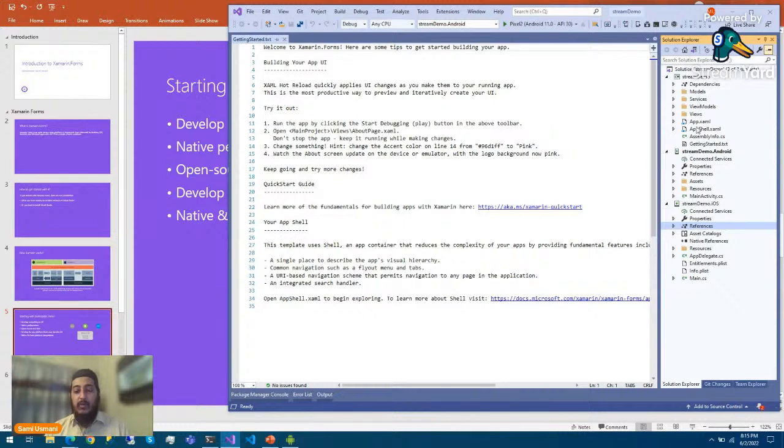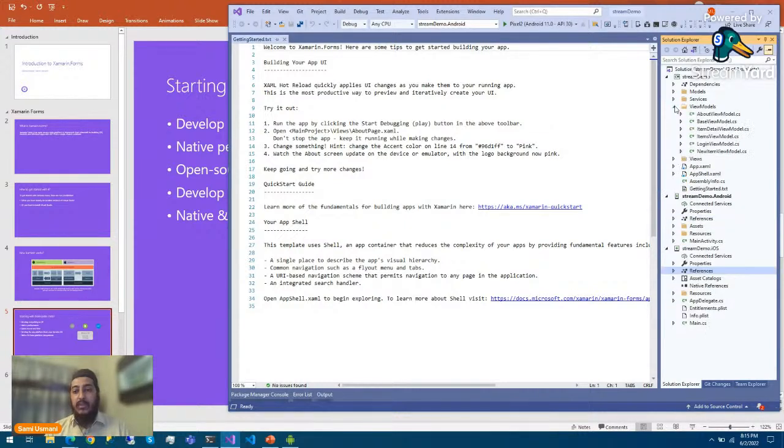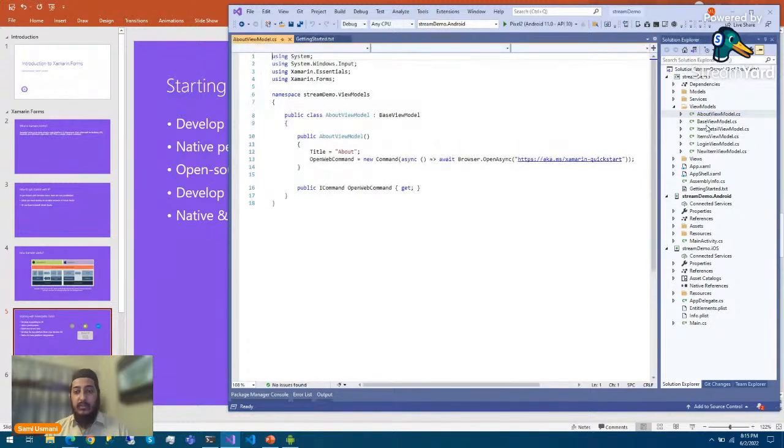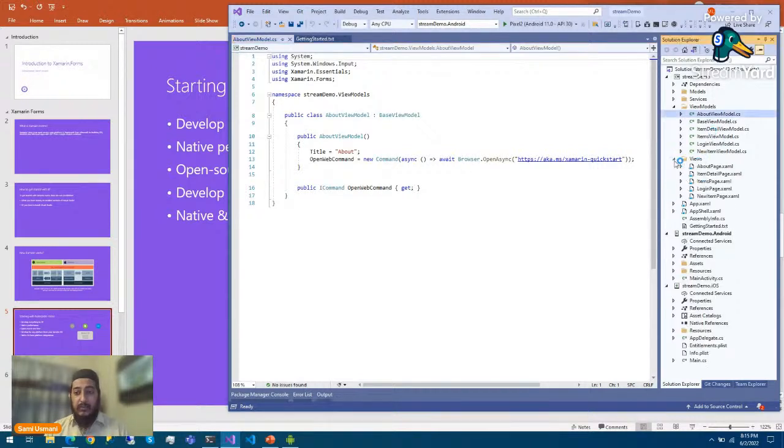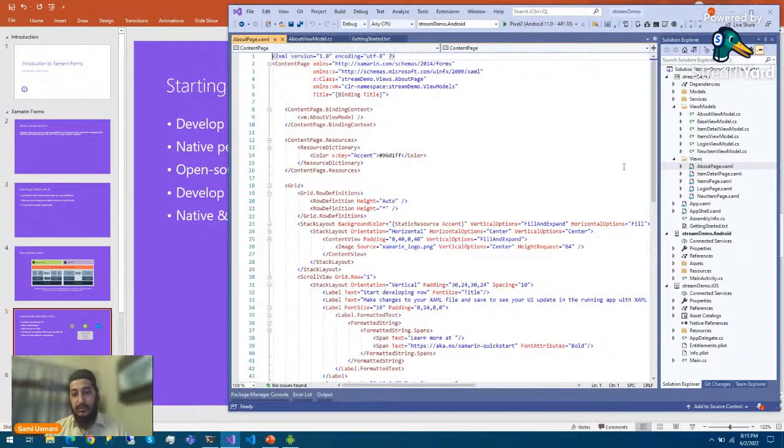Then we have view models. In the view models, we are working on our logic, our navigation, and everything related to the application's working. And then in the views, we have the pages, which we will be designing and showing to the user.